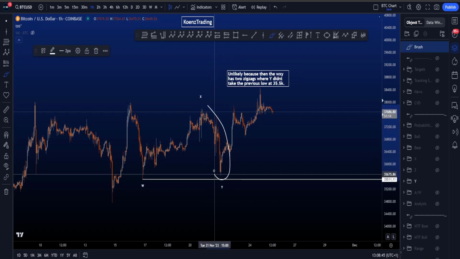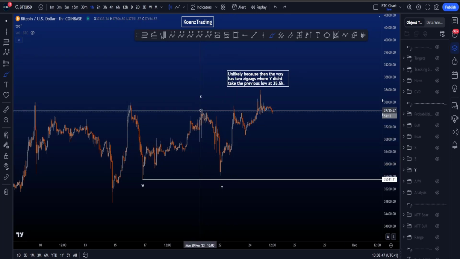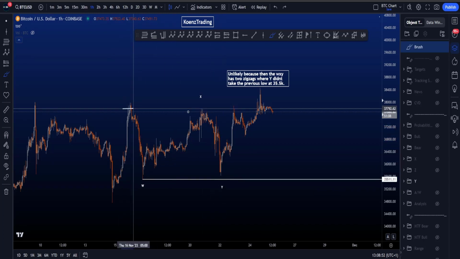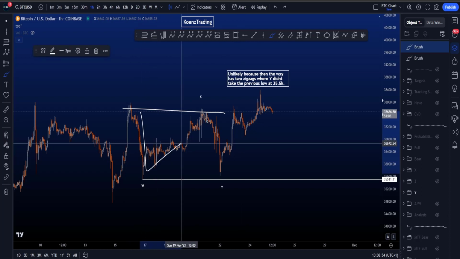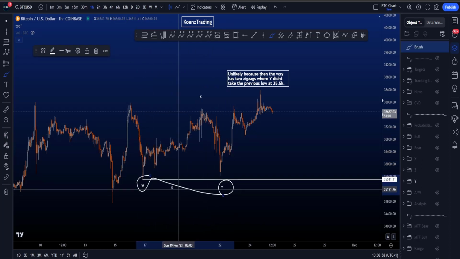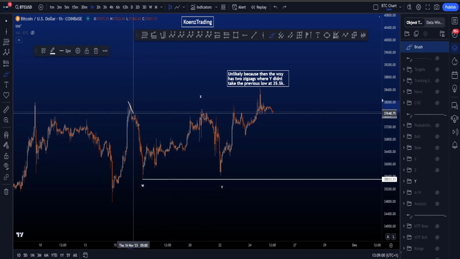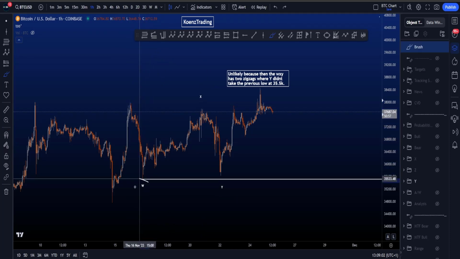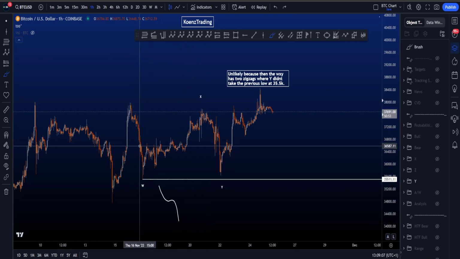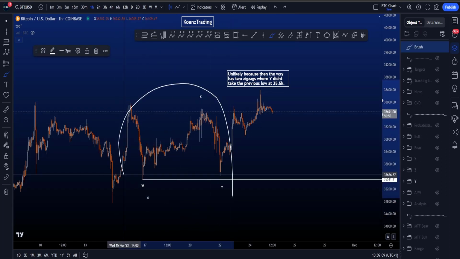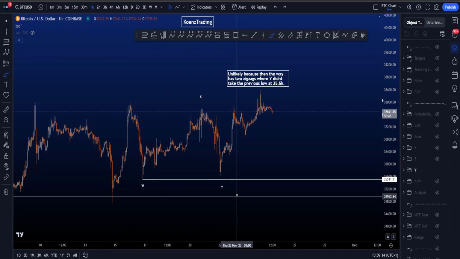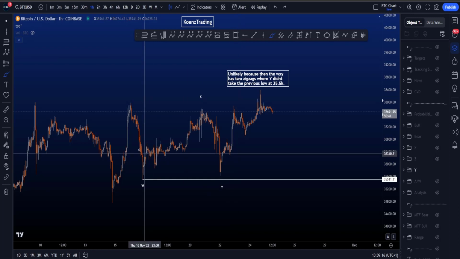If we count this move to the downside as a wave Y, then we have a zigzag in a wave Y, which is no problem, that's fine. But in a sideways double combo WXY structure, wave W and wave Y are not allowed to both be a zigzag structure. And wave W over here is clearly not a flat, because a wave W can only be a zigzag or it can be a flat. Now clearly it's not a flat over here, which then also lowers the probabilities of this scenario, because you have a zigzag in W, zigzag in Y, and that is not allowed unless you speak about a double zigzag structure